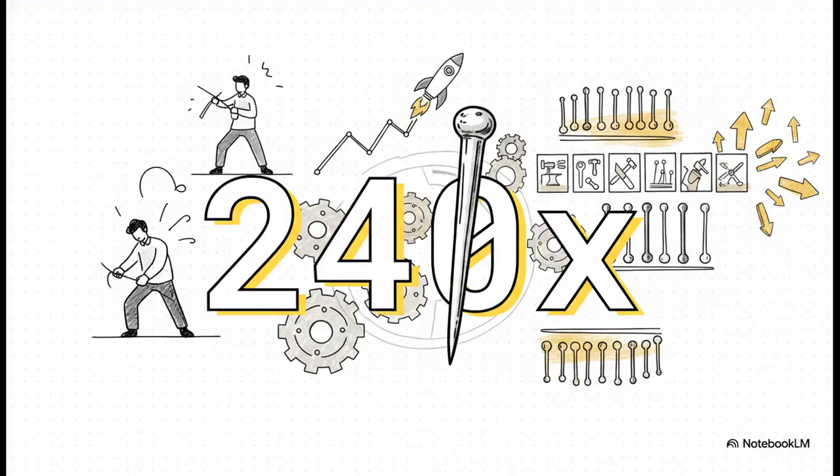Now that we know real wealth is the actual volume of goods, the big question is, how do we drastically scale up production? Well, this brings us to Smith's legendary pin factory observation. He noticed that if an untrained worker tried to make a metal pin entirely by themselves, pulling the wire, straightening it, cutting it, sharpening it, they'd be lucky to make 20 pins in a whole day.